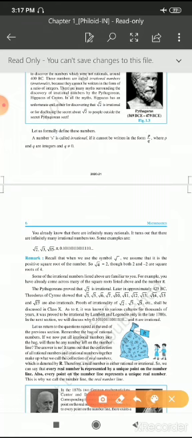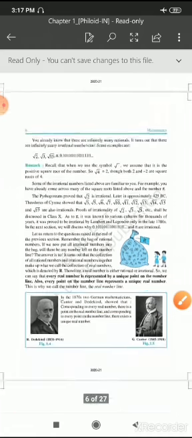See here, every real number is represented by a unique point on the number line. If you represent a real number, it can be either rational or irrational, so it has its unique place on the number line. Also, every point on the number line represents a unique real number. If you take any point on the number line, it can be rational or irrational. So finally, it will be a real number. So, this is about the set of real numbers, children.